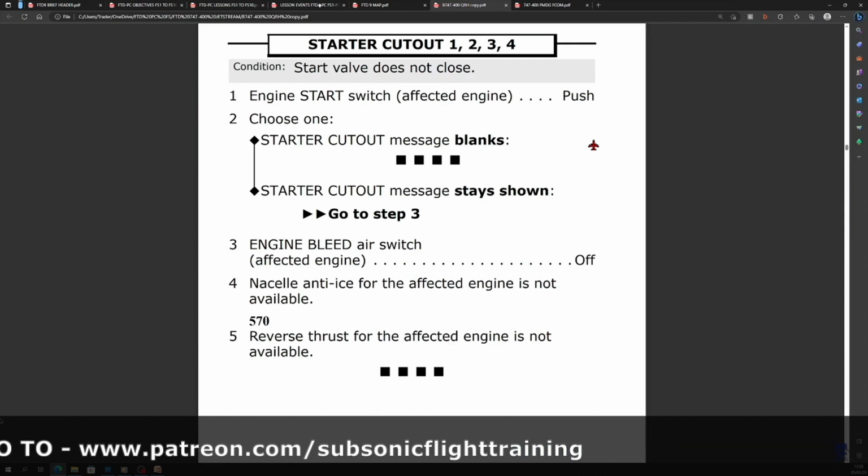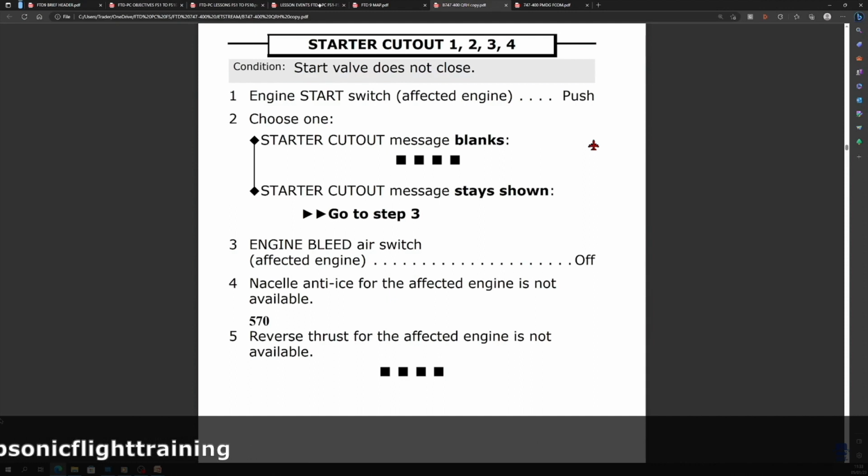So those are the two scenarios we'll do. One with the start valve that does not open, and the other with the start valve that does not close. We said that